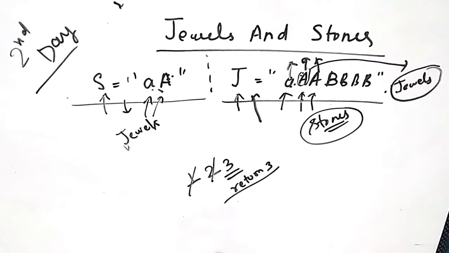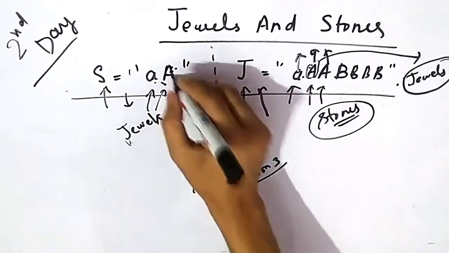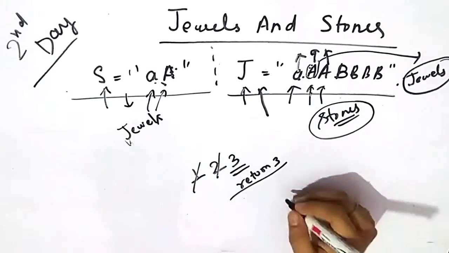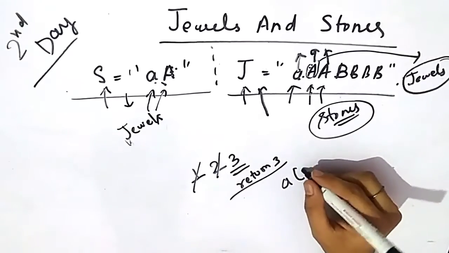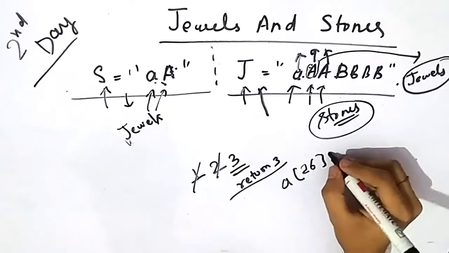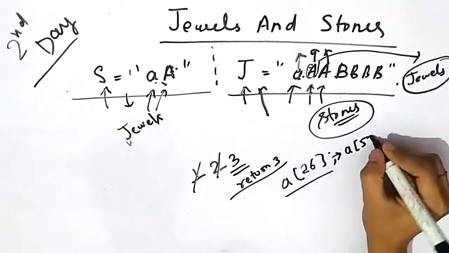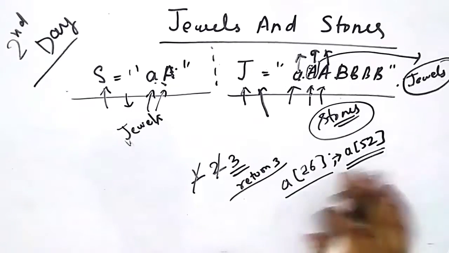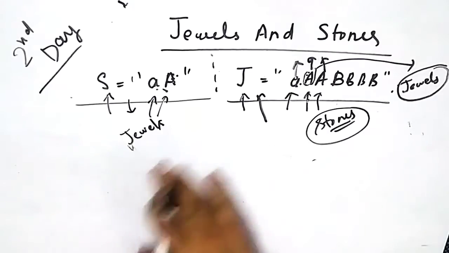We are going to solve this by using a map, and you can also solve this by using an array, but you have to take care of some cases, like the characters could be uppercase and lowercase. If the characters were only lowercase, you could take an array of 26, but here the characters can also be uppercase, so you will take an array of 52. You can do it with the array approach, but I'm going to tell you by using the map.